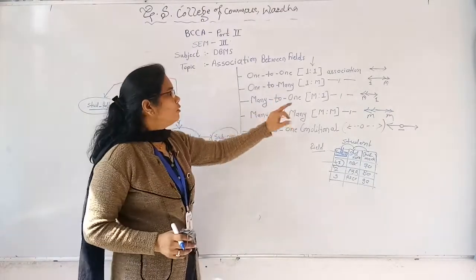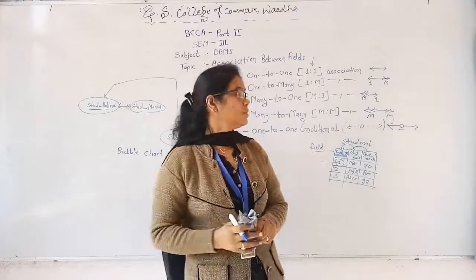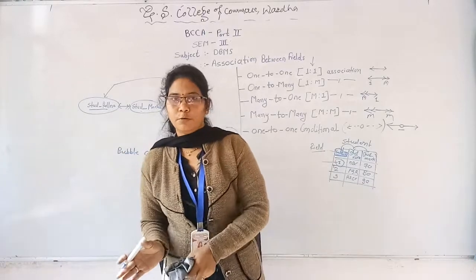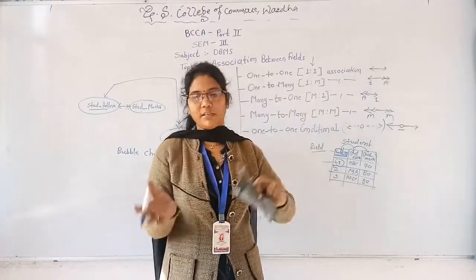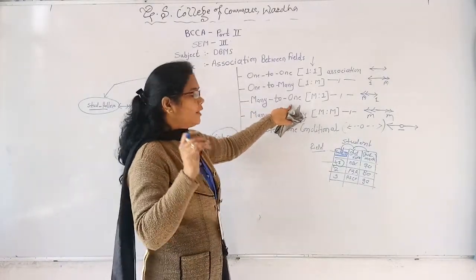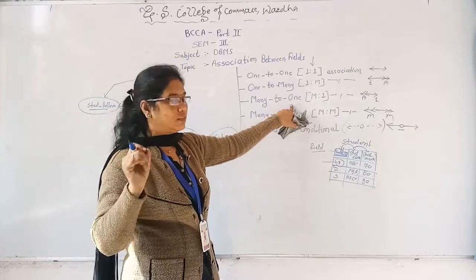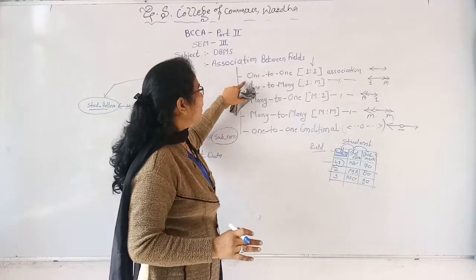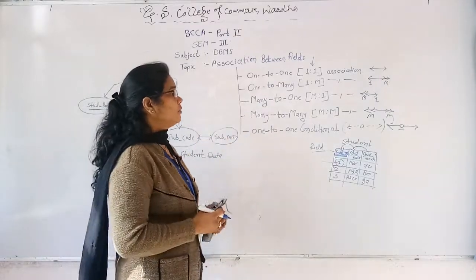So many is to 1, it is the reverse. It is the reverse of 1:many. Like again, many sports having the one student, vice versa. Okay. So basically many is to 1, this association is complex for designing, so we have to convert that many is to 1, like 1:1 or many to many. Okay. So next one is many to many.